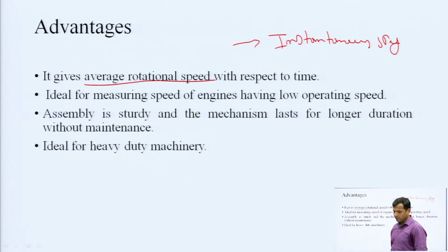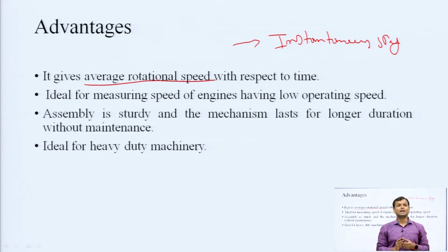Okay. And it is ideal for measuring speed of engines having low operational speed. That will be the basic application of the mechanical flyball tachometer, and that assembly is sturdy and the mechanism lasts for a long duration without maintenance, because we have used the mechanical arrangement. So when we use the mechanical arrangement, then by giving proper maintenance of the instrument, we can use it for a longer duration,